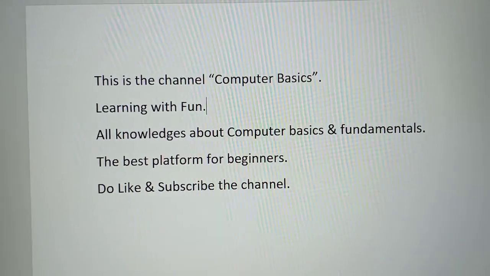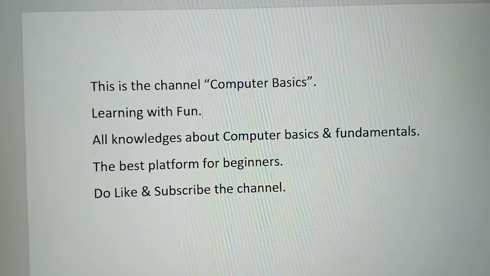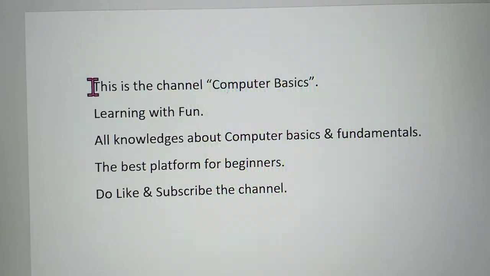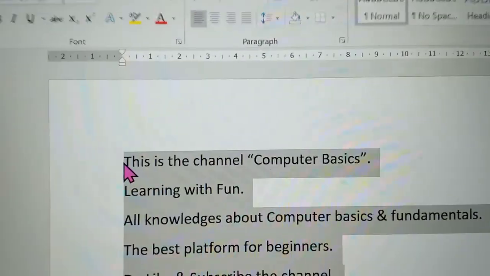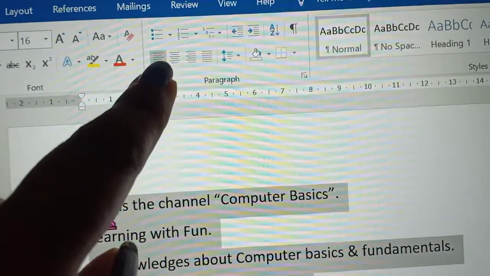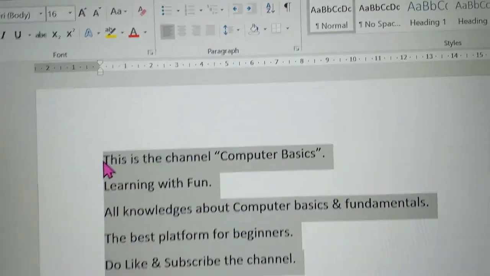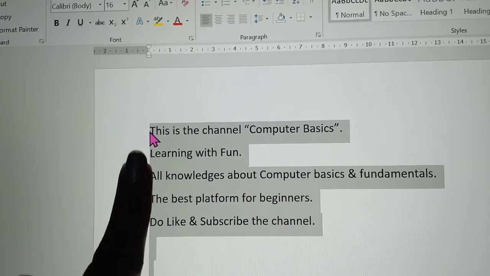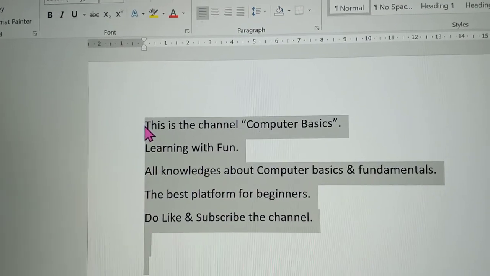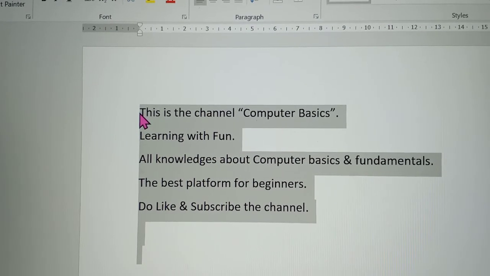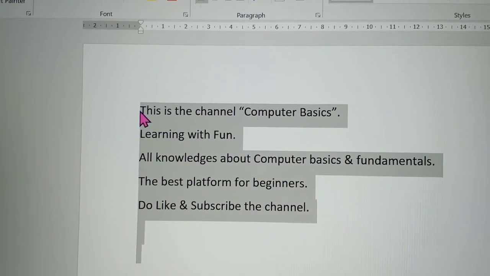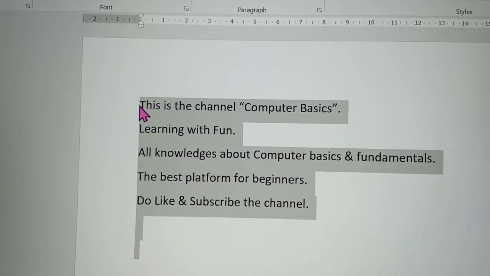Before setting the alignment we have to select the whole text first. So see, this is selected, and this one is set to left align. Alignment defines the position of the text inside the document.